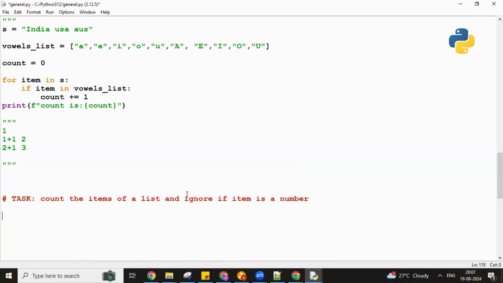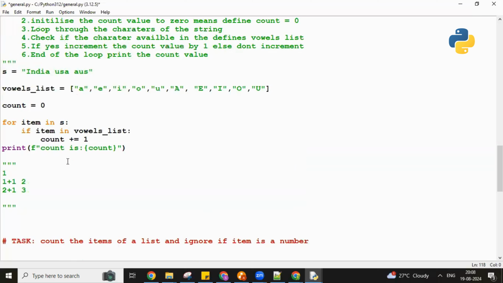So count the number of items of a list and ignore if the item is a number. So for example, in this case,